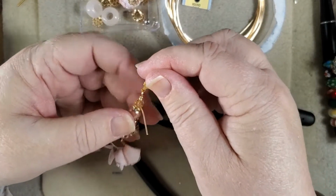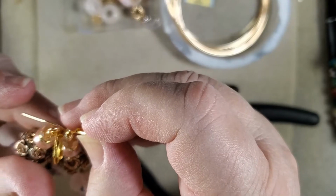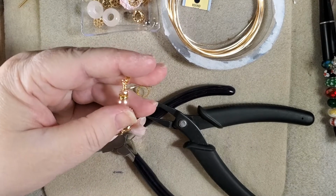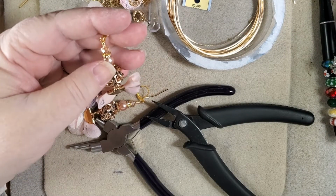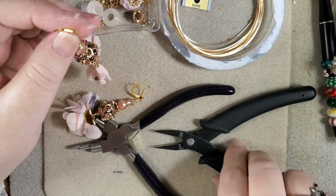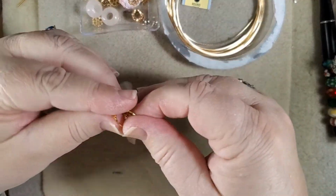Now we'll trim this excess off. I think we got the same amount of wraps. Let's check. Oh yeah, we're looking pretty good there. So we'll cut this little bit off. Tuck it in. Throw that extra bit of wire away. Put our tools up. And there we are, our pair of